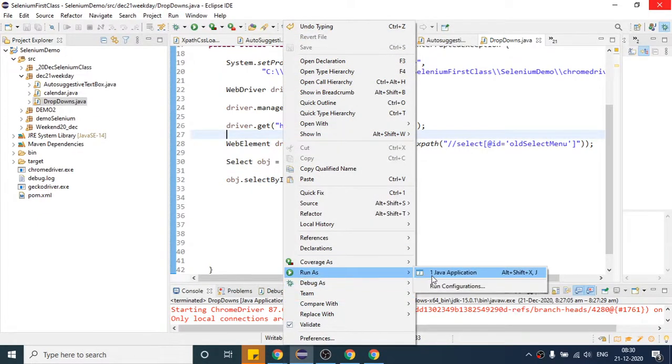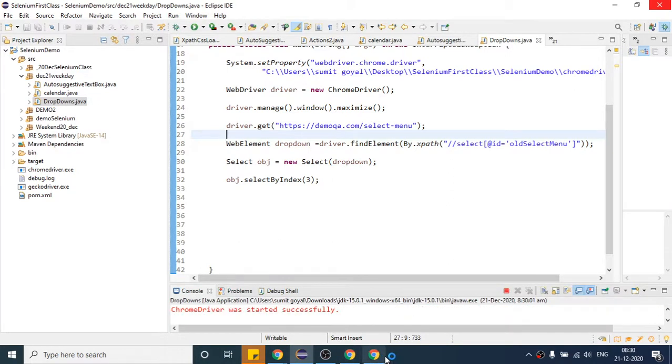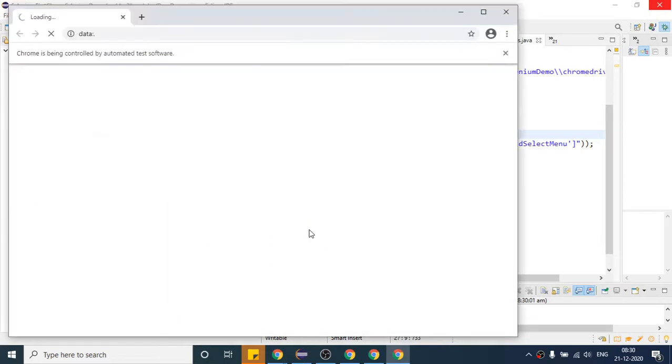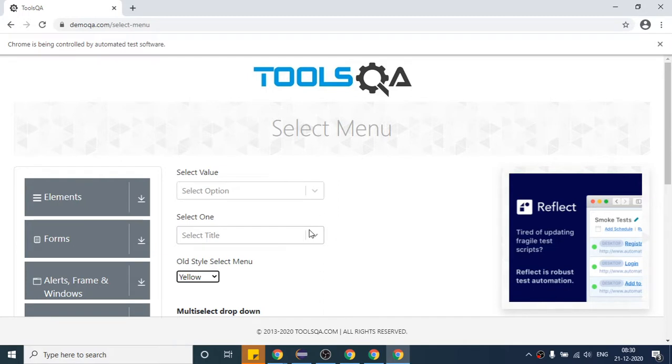It will not open the drop down, it directly selects. So it has selected yellow, right? Likewise if you give 4, it will select the next one.